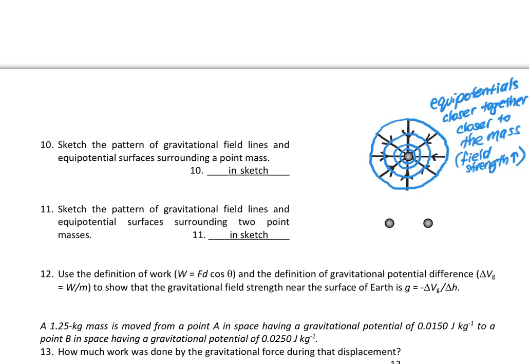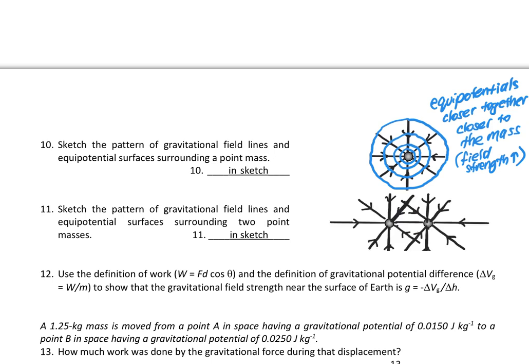So yeah, those equipotentials are closer together the closer we get to the mass, because the field strength is stronger there. Again, a good analog of this is contour lines on a topographic map. The bigger the gradient in the field, like the steeper the mountain, the closer together the field lines are there. So here we have two point masses, and so I drew the inward pointing